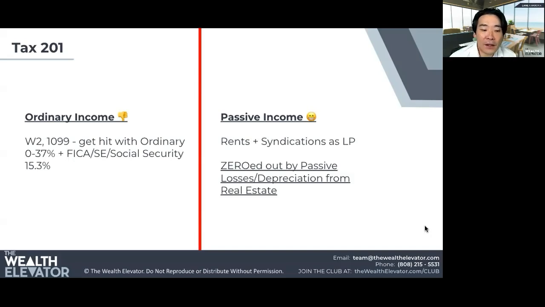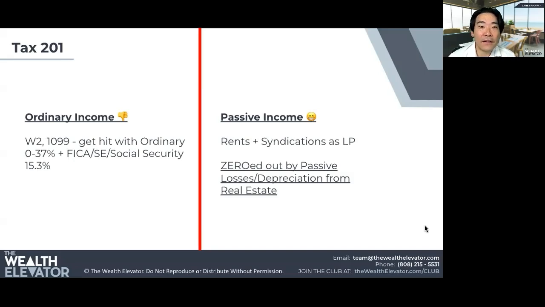So, I'm going to start off, and it might be a little slow for some of you who've heard this before, but I just don't want to leave anybody behind. I'm calling this Tax 201. Because if this is new to you, it's probably going to take you a few times to truly understand this. It took me a couple of years to really get it, but it's something that most people aren't even aware of nor talk about.